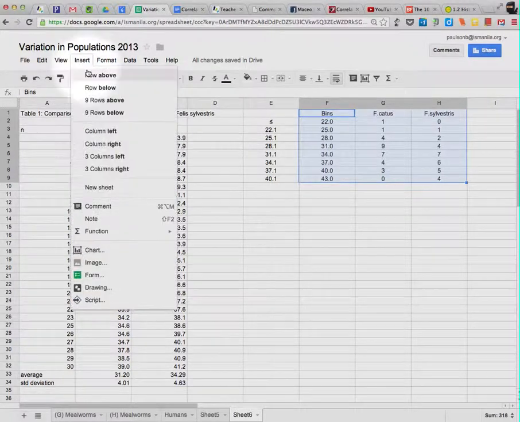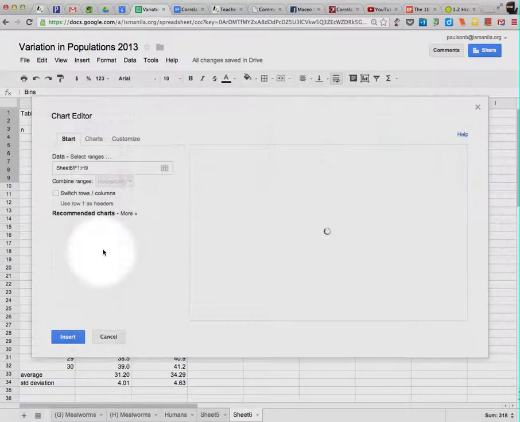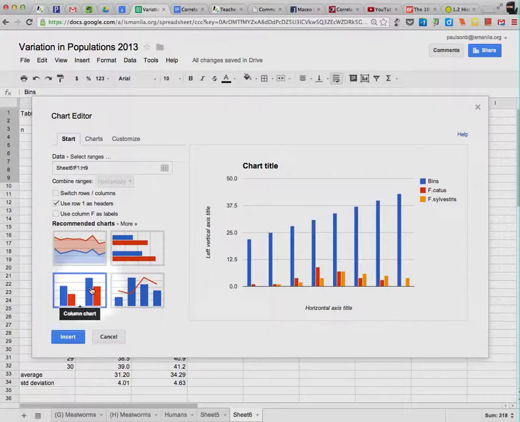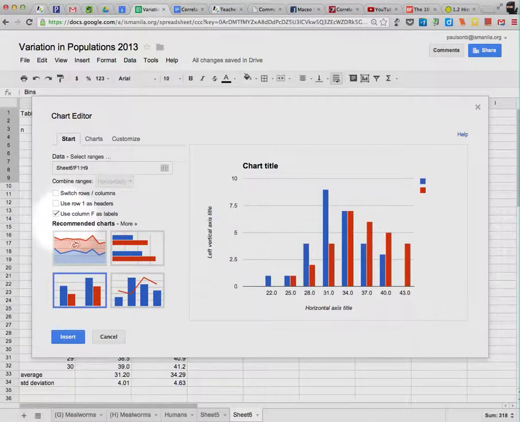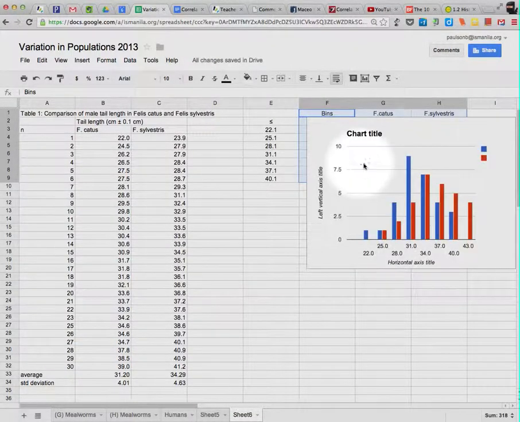I'm going to do insert chart. So let me insert the chart. I want a column chart. And you're going to have to, instead of using row 1 as headers, use column F as labels. Hit insert, and